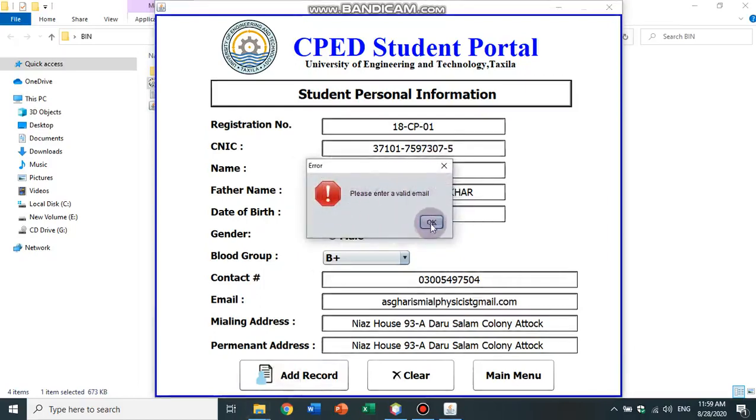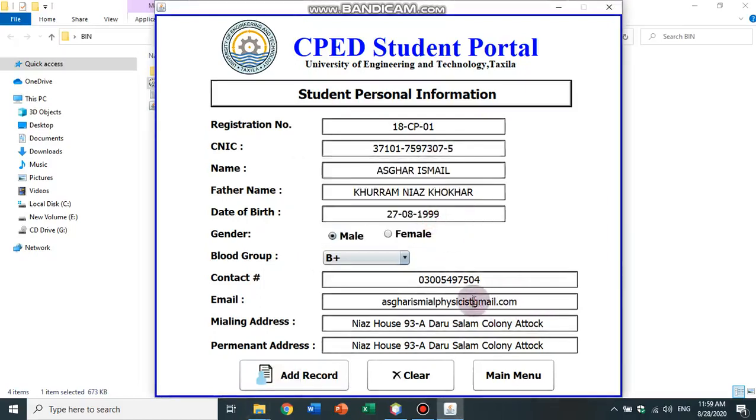Please enter a valid email. Also the dot and domain like .com, .pk. If I remove this dot and just write com, it again will not accept. So I have to enter the correct information accordingly.